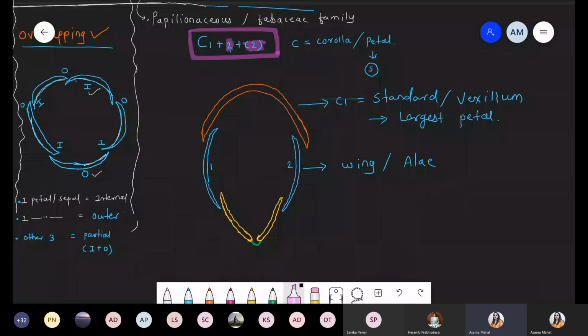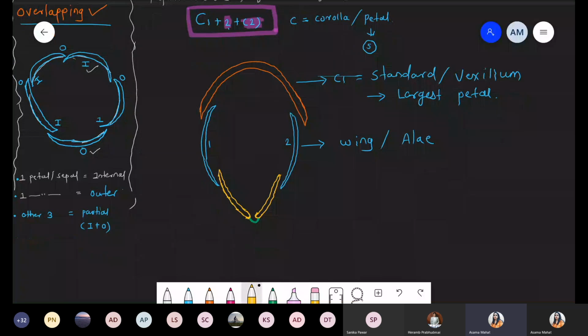So if you look at the bottom, see this situation, here one petal is present, this one. Which color is it? It is yellow in color. Okay, there are 2 petals, but now at the bottom they show fusion. So this situation represents the fusion, right? And now we give the simple name for this third one. It is called the keel, also called carina. It's not carina, okay? It's a carina.